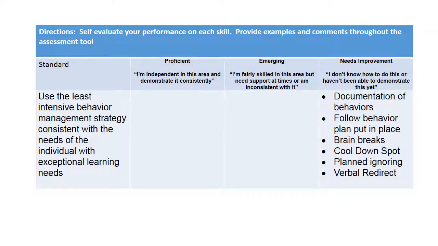So this is a piece of the self-assessment, and it's an example item that is actually one of the examples that I provided to you. When you use this tool, you need to be specific to use the tool correctly. If you're identifying yourself as proficient, be very specific. Say exactly why you think yourself proficient. And if you can't do that, maybe you need to move yourself into emergent or needs improvement.